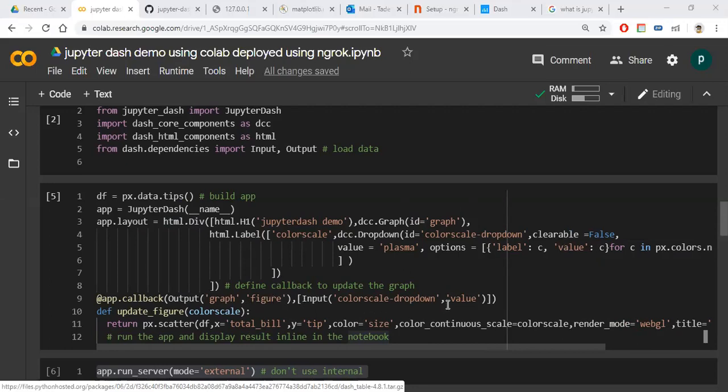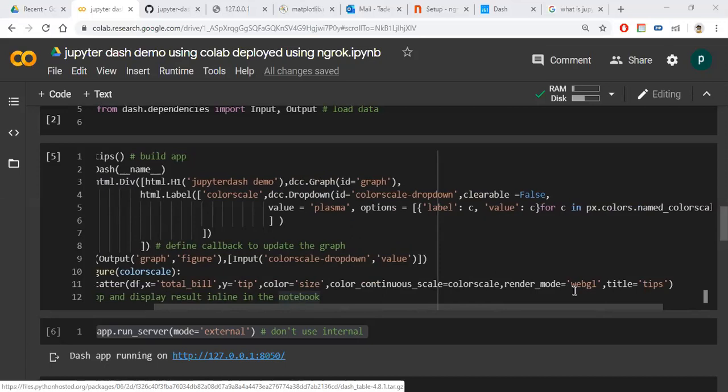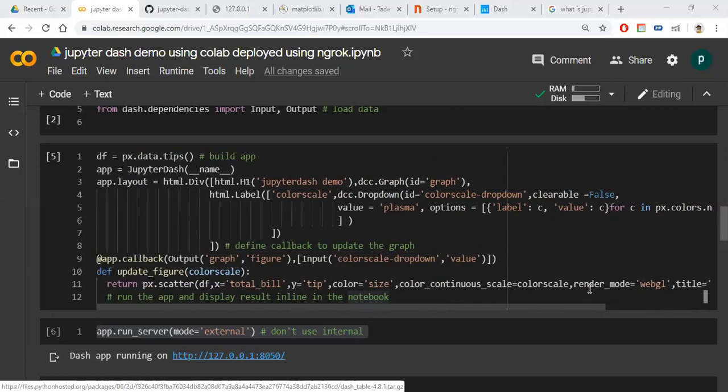We are giving the values. I am presenting a scatter plot, so I am returning the scatter plot with this data, these are the x and y values, and the colors we can change. Render mode means how it will be deployed in the web server, so I am using WebGL, and this is the main code.